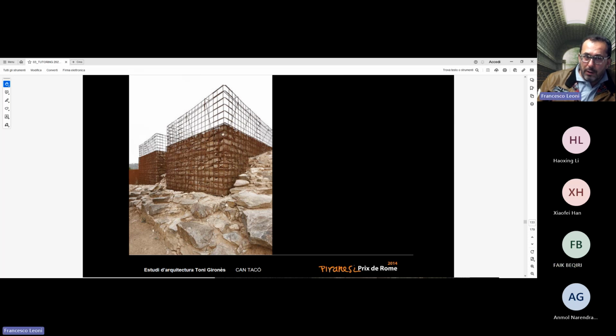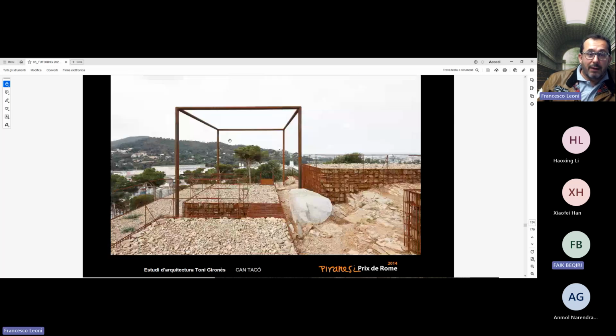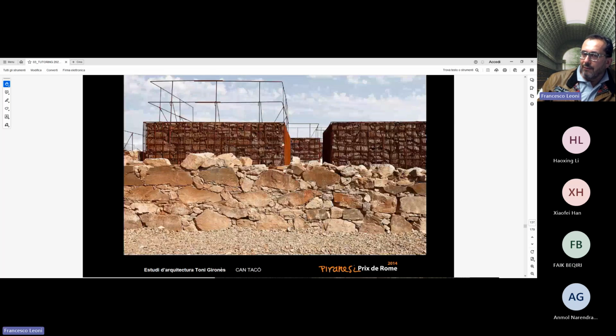Does this project look permanent? To me, it doesn't look permanent. To me, this project is very reversible, very removable, easily removable. But honestly, there are lots of ways to have this kind of possibility. I don't know exactly the topic of your thesis, and we should enter into that a little bit more deeply